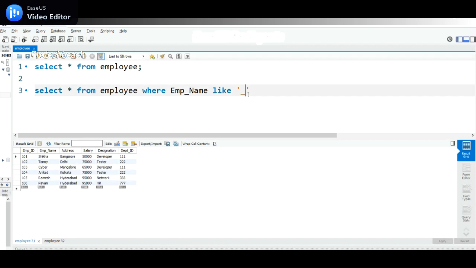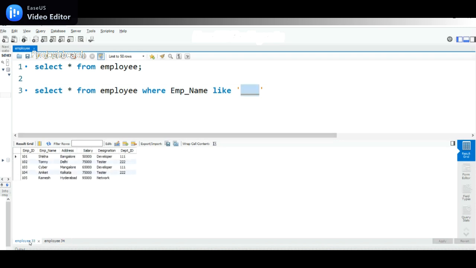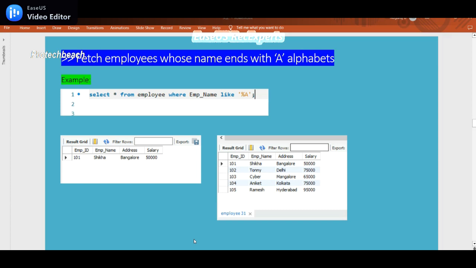Suppose you want to display only 4 characters, so use 4 underscores and run. This means it will display employee names which have only 4 characters. Since we don't have any name with only 4 characters, that is why it is not showing any output. Next is